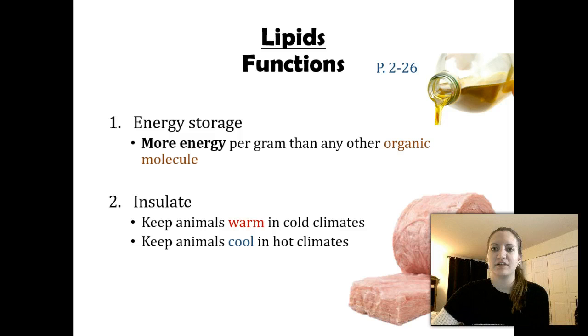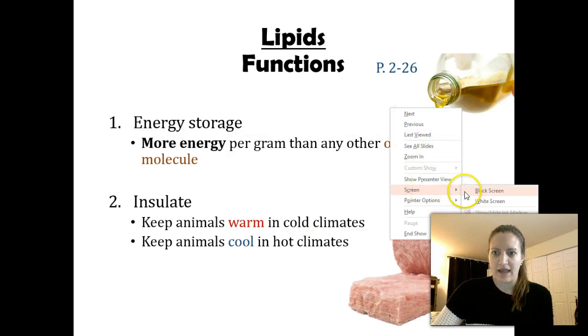Another important function of fats is insulation. Think about bears or other animals that live in the Arctic or Antarctic. They typically have a very thick coat because they live somewhere where it's really cold, so they need to keep in that warmth. Well, that really thick coat is fat. They eat a lot and they put on a lot of weight in order to create this layer of insulation. So you know that it keeps animals warm in cold climates, but it also keeps animals cool in hot climates, which kind of sounds weird. You would think that would keep them too hot. But what insulation does is it prevents the movement of heat.